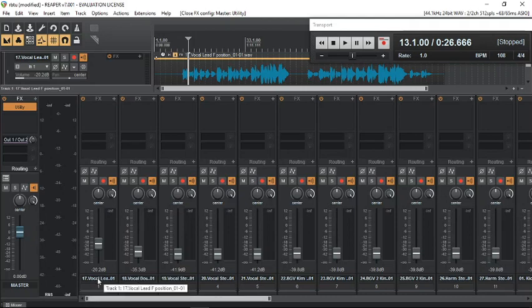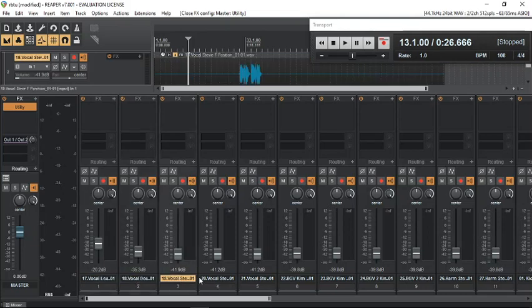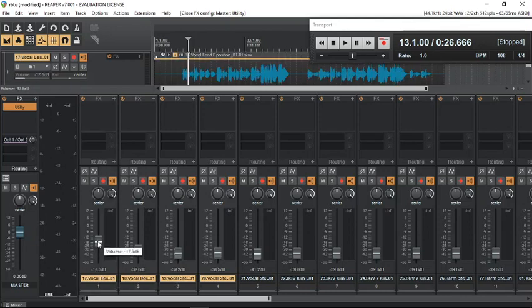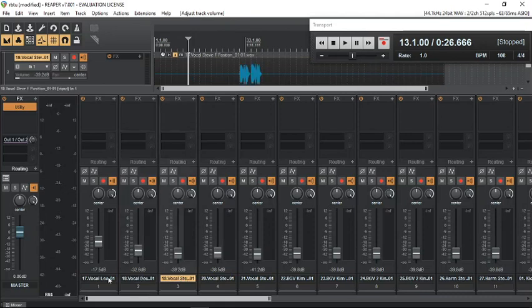When I did that, I pressed Control on the PC and then clicked on each one. This is what it looks like. It can lower down or turn up at the same time, as you can see right here. Good. I would have done that for everybody. So that's my starting point, my mixing starting point. Anyhow, now